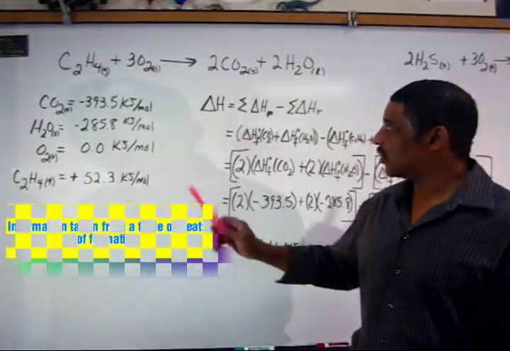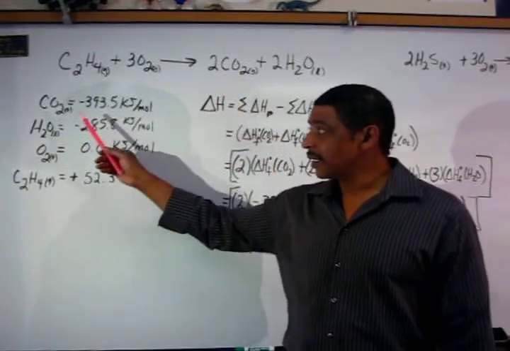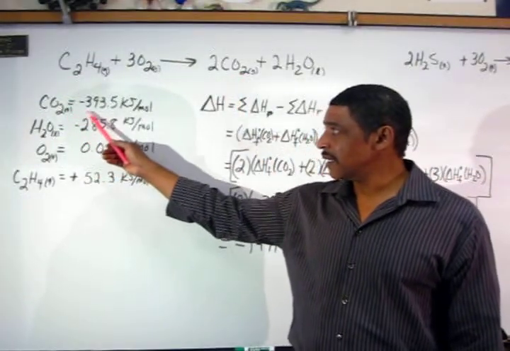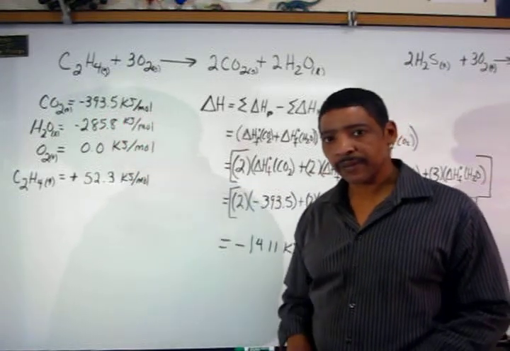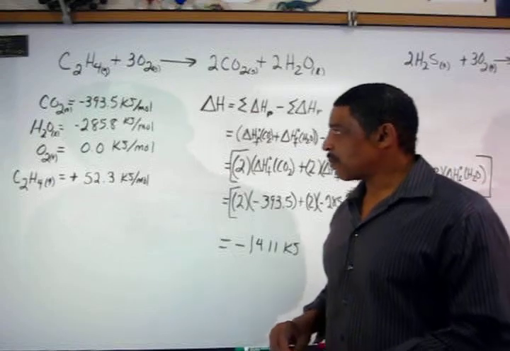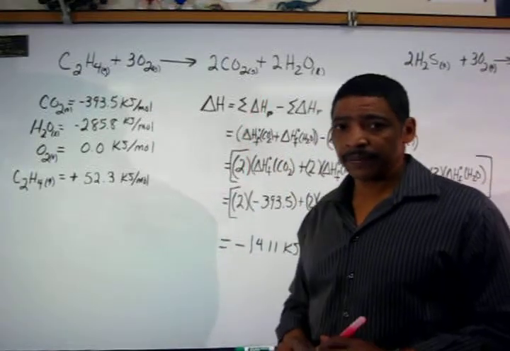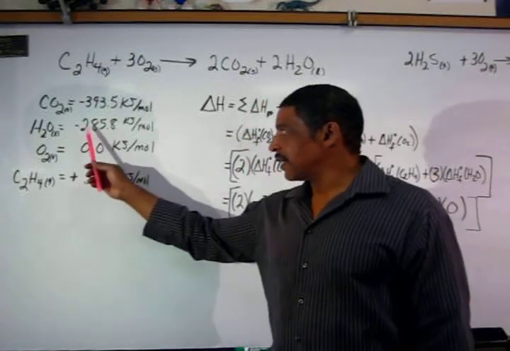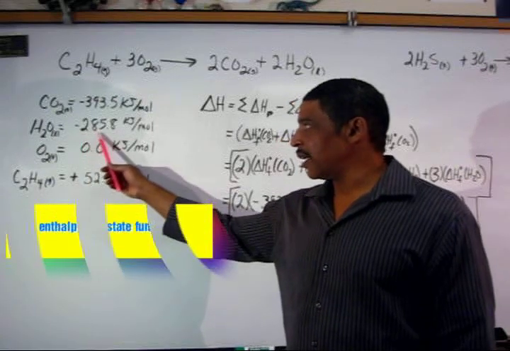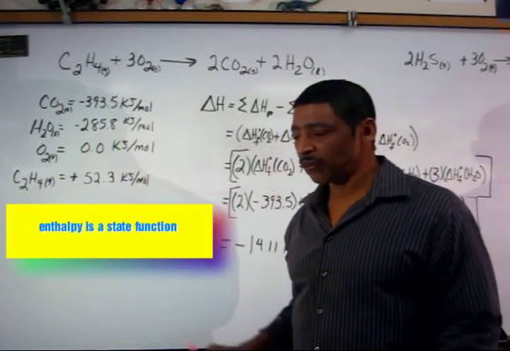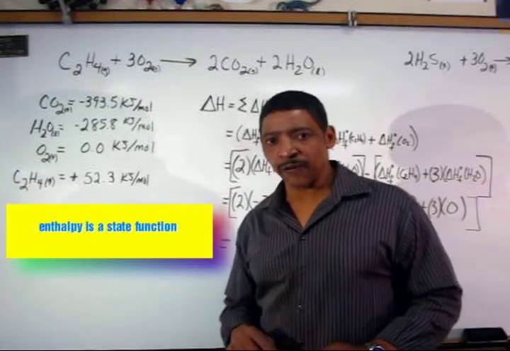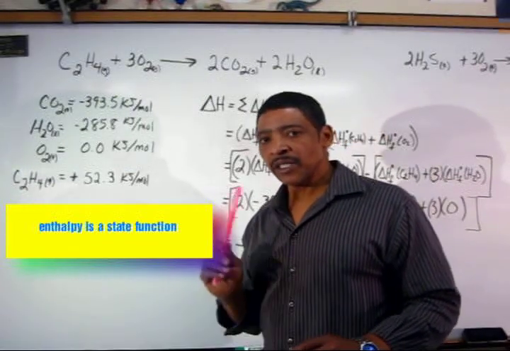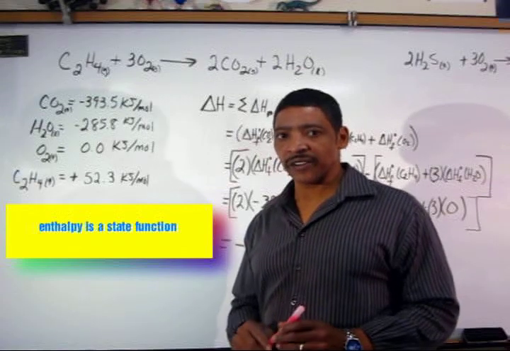The heat of formation of carbon dioxide gas is found to be a negative 393.5 kilojoules per mole. The heat of formation of liquid water is found to be a negative 285.8 kilojoules per mole. When using a table of heats of formation, be sure to select the correct state of